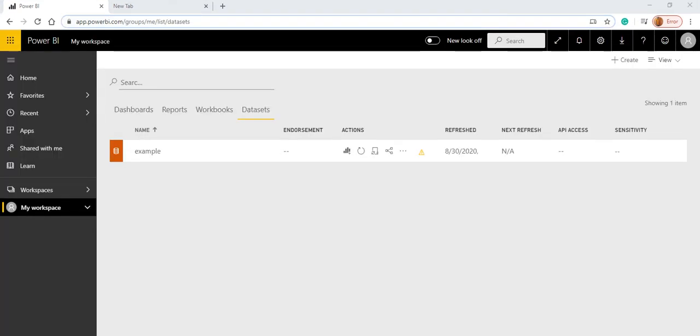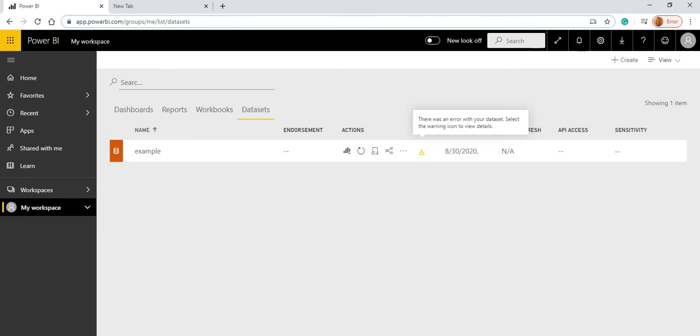After refreshing the browser, we will see. Once you refresh that page, the gateway has been installed in our system, and when you come back to this data set and click on refresh, it will not give us any error. Previously it was giving us an error that the gateway is not installed. Now it should not give any error because we have installed the gateway. We can see it didn't give any error here, though it is showing one warning.